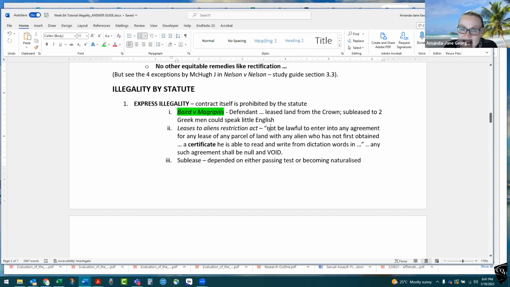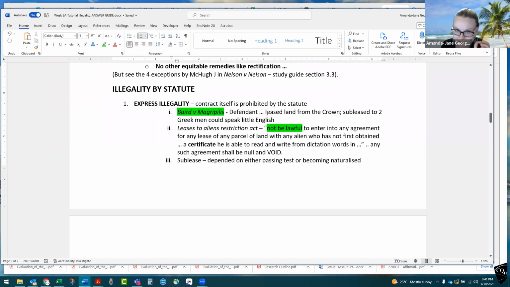Because just by saying it's not lawful means, bang, you've got the consequence of ex turpi causa. Okay, but often in decisions, you'll even see judges writing that this contract is illegal and void. But void doesn't add anything, because it's like being dead. You can't be any more dead. Okay. So Baird and Magripilis,